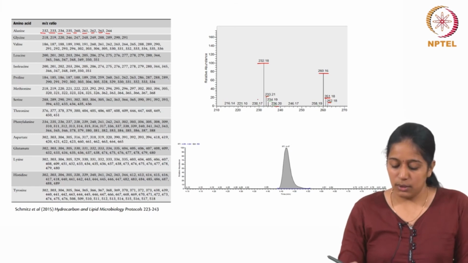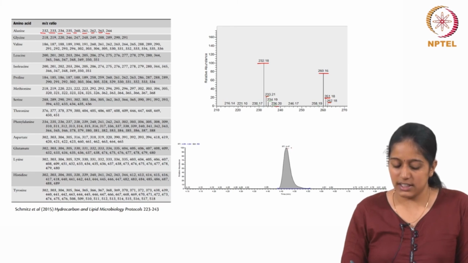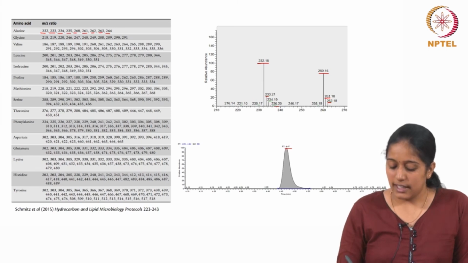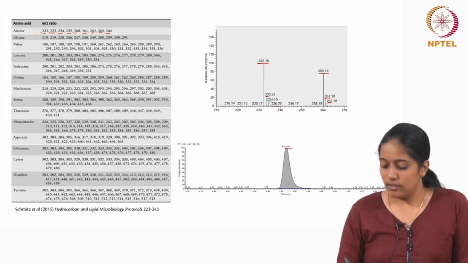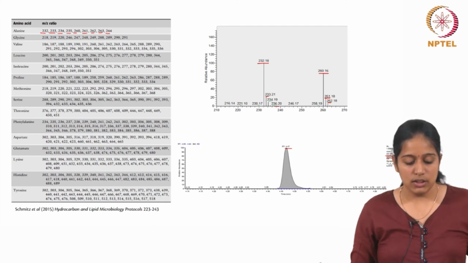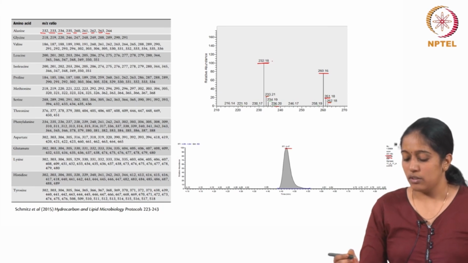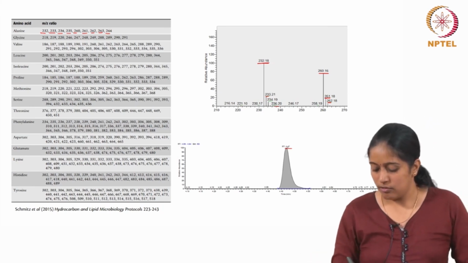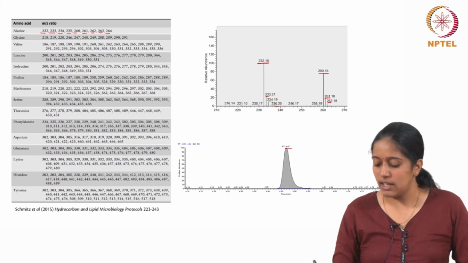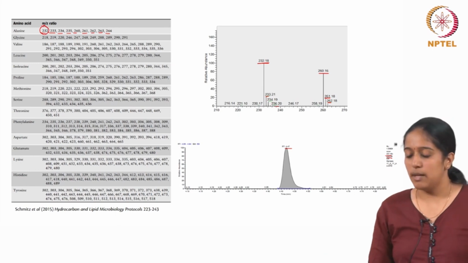Using this, you calculate the area under the curve for a particular retention time. Say at 4.47 I know that alanine is being eluted. I take the area under this curve for a particular m by z range, say 231.5 to 232.5. This gives an idea of how many ions came out at time 4.47 whose masses are between 231 and 232, which gives me the abundance for this particular m by z ratio.